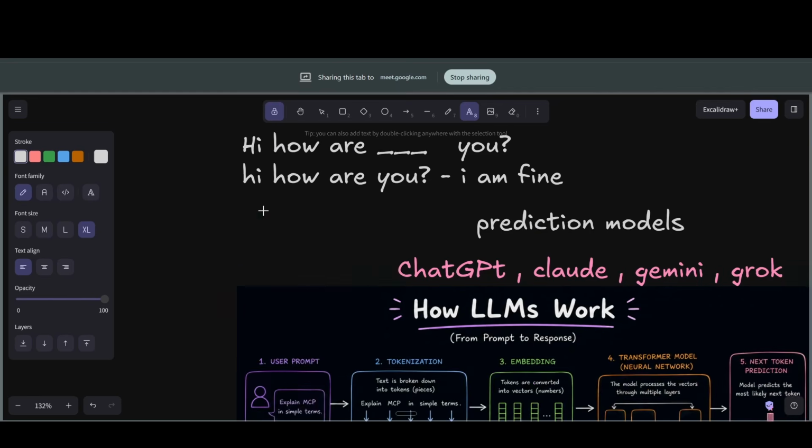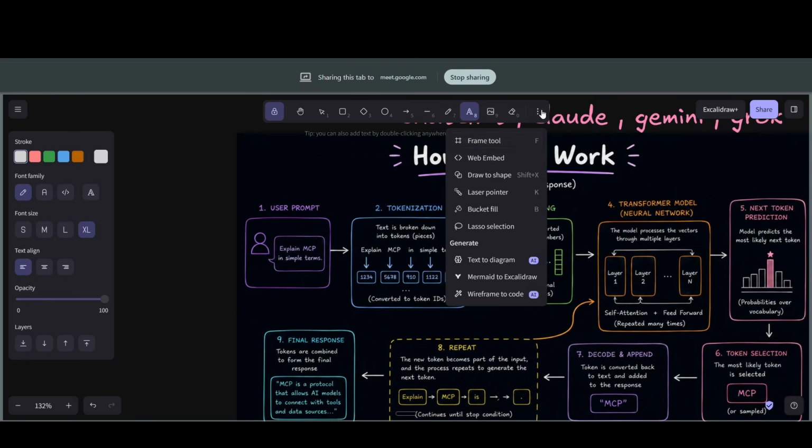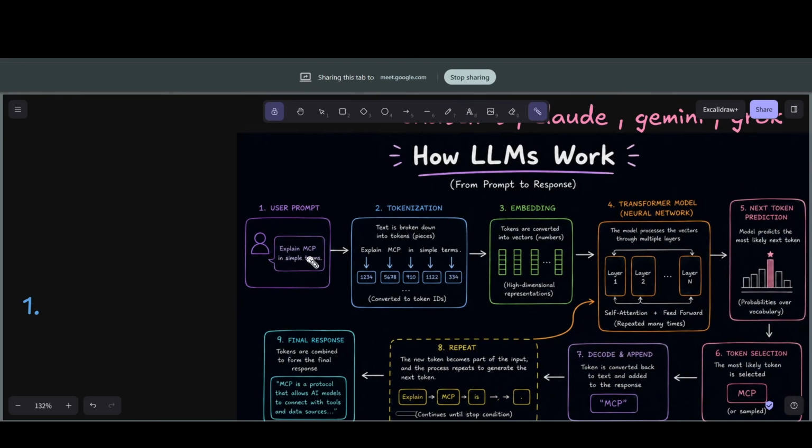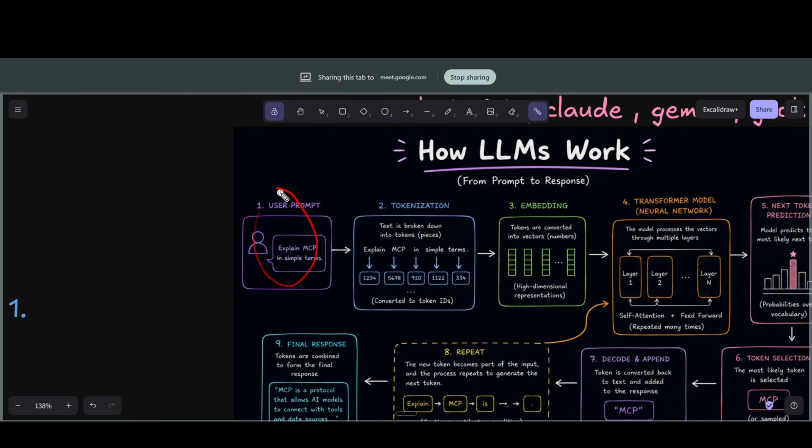Let's see now. First, a user prompts ChatGPT. Let's say the user is me, and I am using ChatGPT, because ChatGPT is an LLM. I prompt it: please explain MCP in simple terms. I just type this. So what happens in the backend is